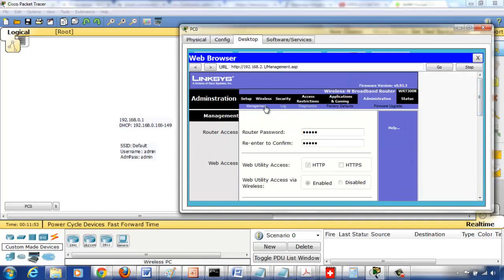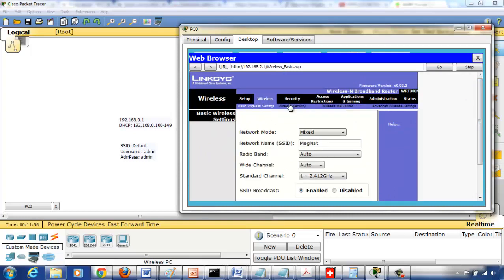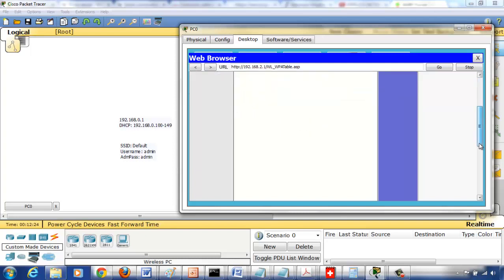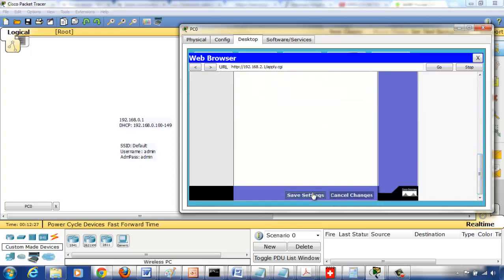and now we want to change the wireless security settings. So click on wireless, then go to wireless security. You can see wireless security mode is disabled, so let me enable it by choosing WPA2 personal. This is the wireless security standard we're going to use, and we could choose either AES as the encryption algorithm or TKIP. Let's stay with AES, and the password you should use what I have assigned to you. I think it should be 8 characters by default. So now we can save the settings,